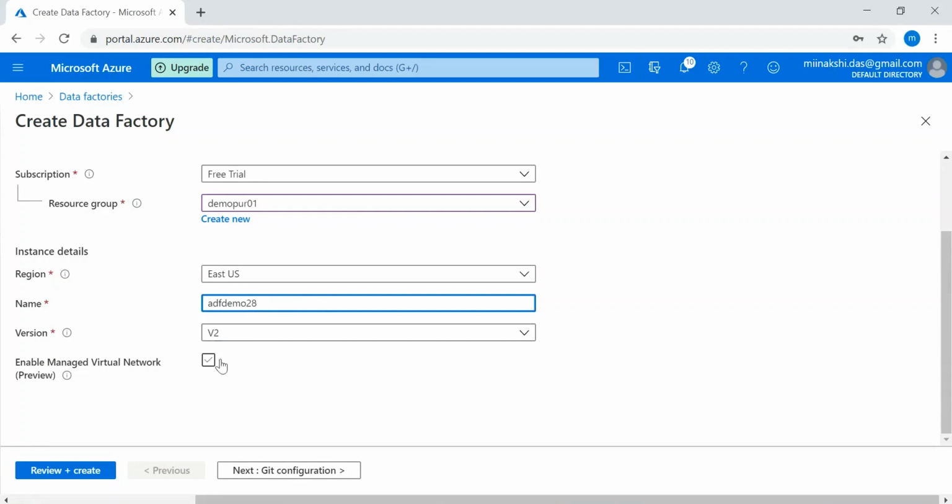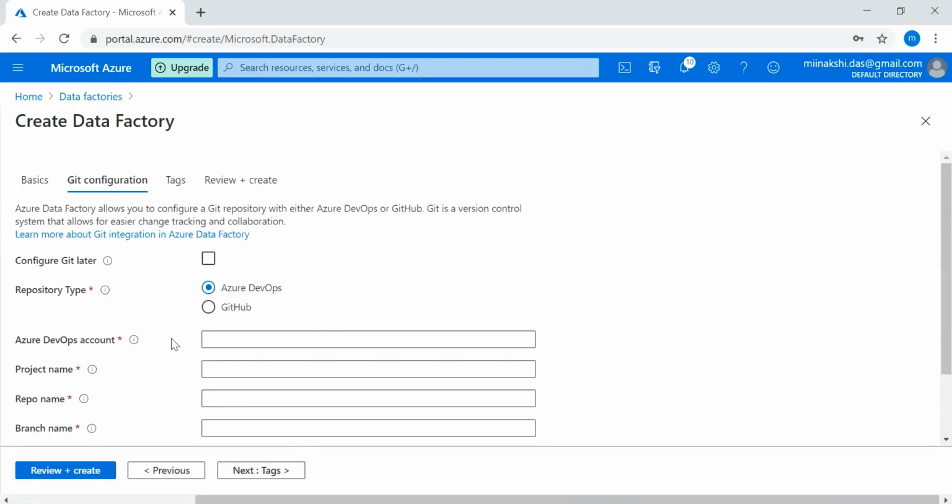V2 is the latest Data Factory version. This is the configuration for the GitHub or DevOps repository. For the time being, I am keeping this Git repository or DevOps repository for later.